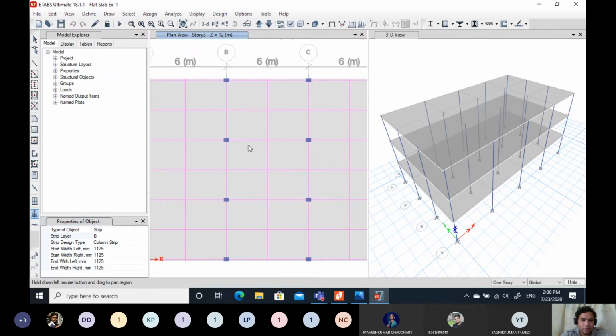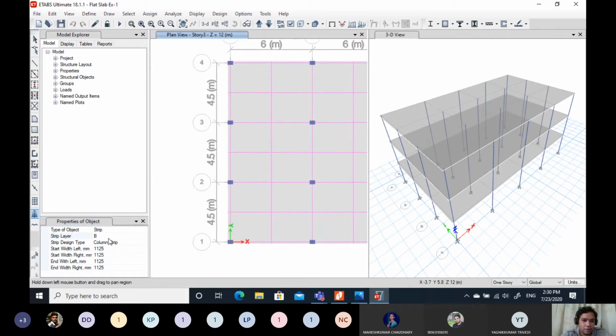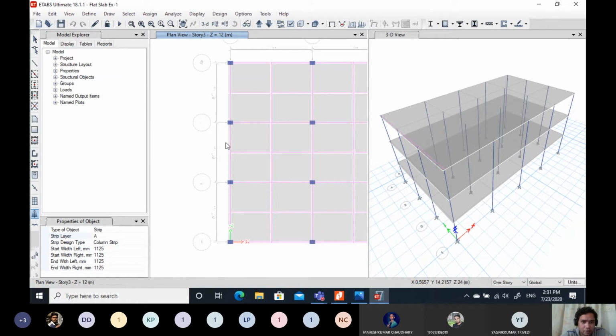Let us first draw the A strips. So from this point to this point, just click left button or escape.